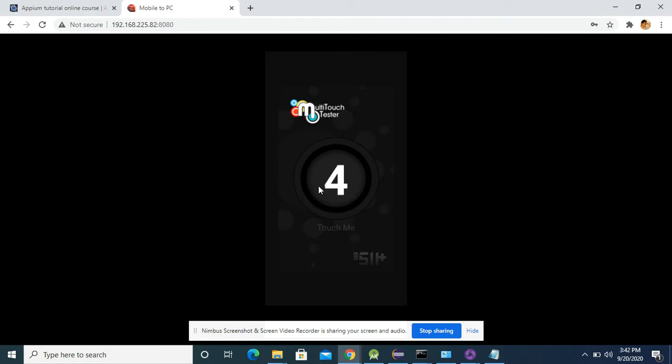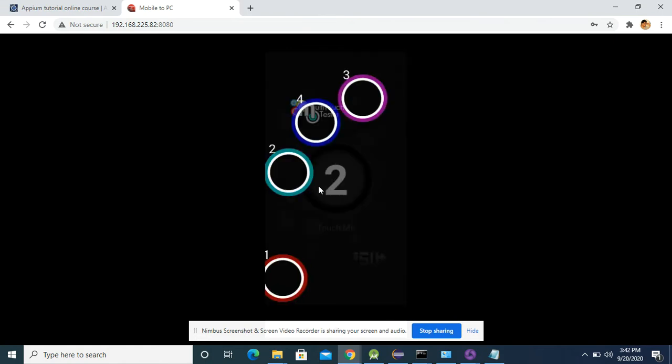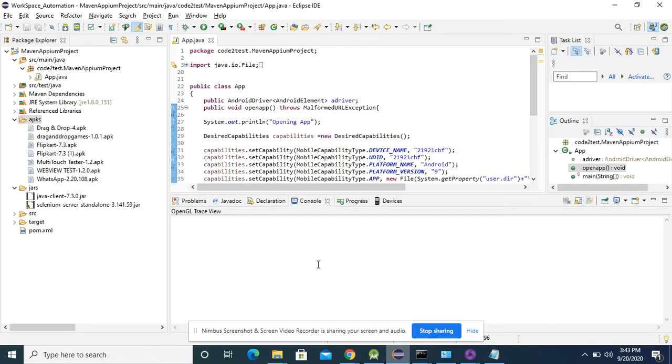as a digit. So as I touch with a single finger, it gives me one. If I touch with two, it gives me two. And subsequently, with multi-touch, it gives me the number of touches performed. So it gave me four. I'll try to automate this, and the number of touch actions I perform on this application will give me the result. Along with that, I'll try to perform the zoom. I'll take my coordinates from somewhere over here to somewhere over here. So this will also be covered in this tutorial. Okay, let's go to the tutorial part.